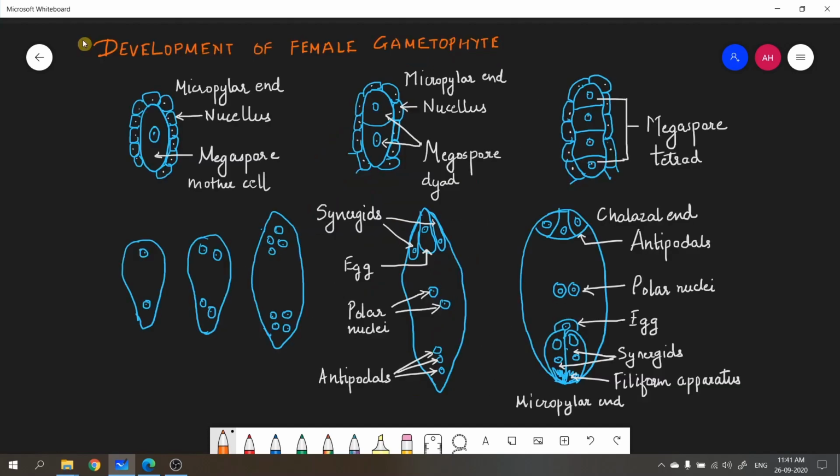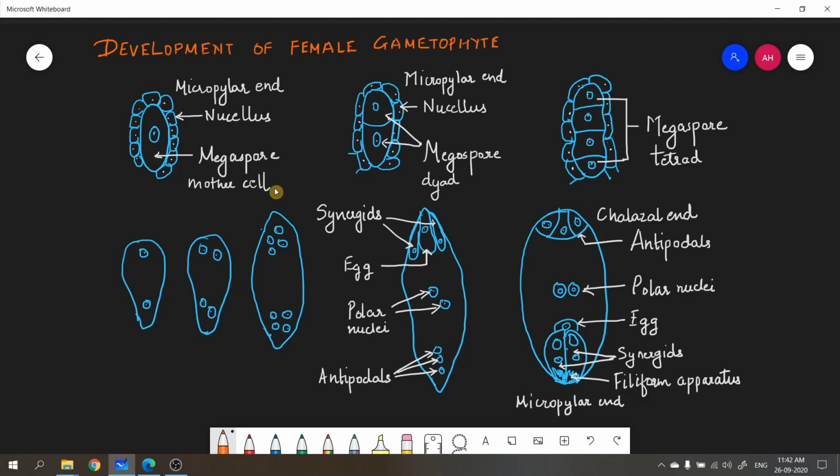So I will now explain development of a female gametophyte, which is nothing but the embryo sac. If you all recall, in my previous section, I spoke about nucellus. Yes, nucellus is the central tissue in the ovule which consists of parenchymatous cells. Now what happens during development of female gametophyte is one of the cells of nucellus, usually with a dense cytoplasm and a prominent nucleus, becomes differentiated to form a megaspore mother cell, which is also called MMC. Now this megaspore mother cell is diploid and it is the one which will form the megaspores.